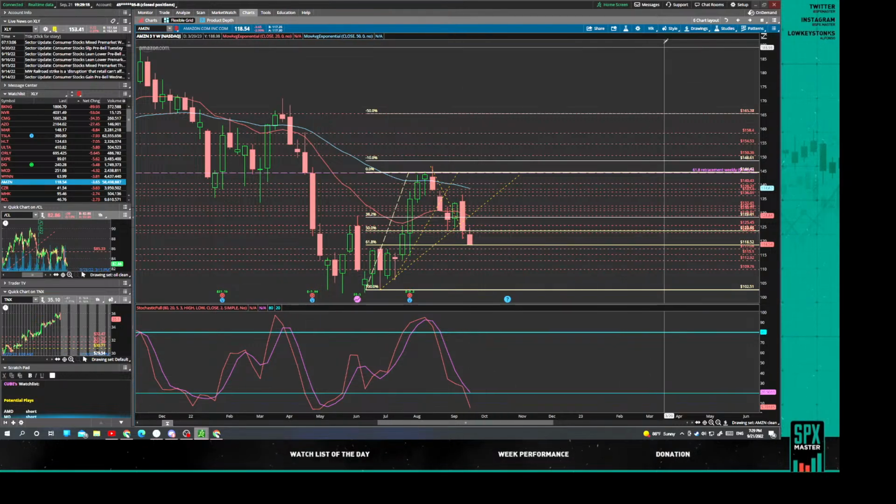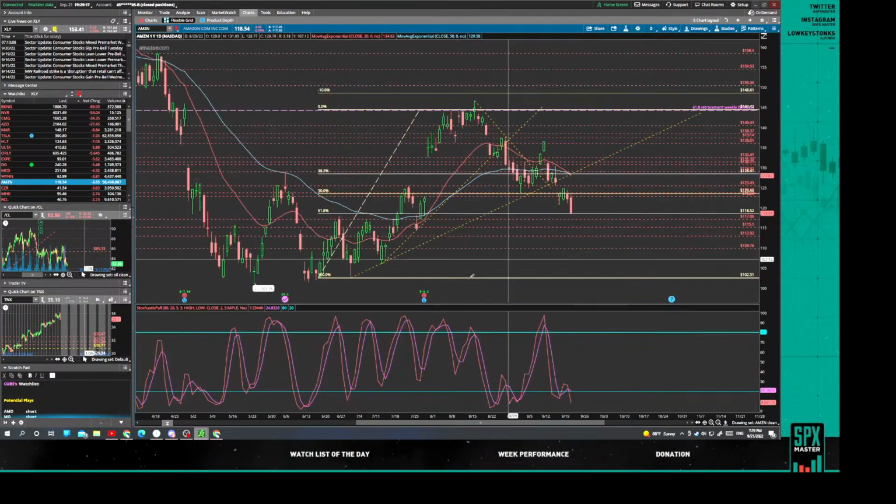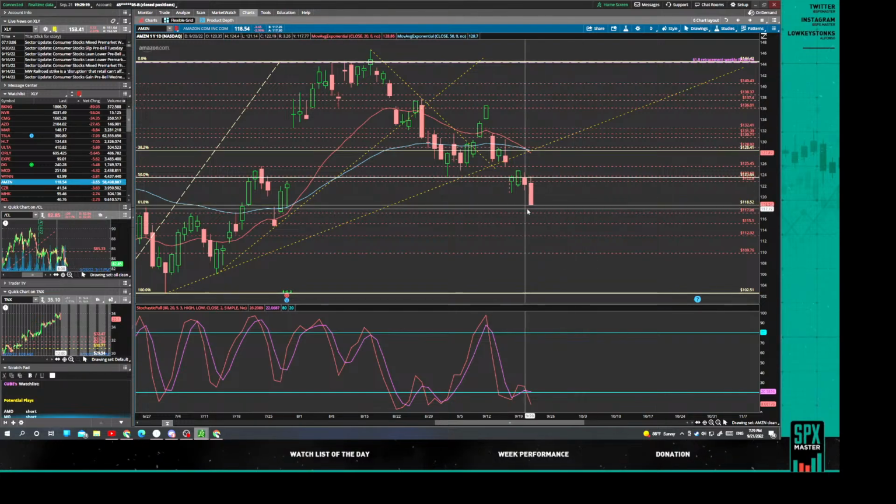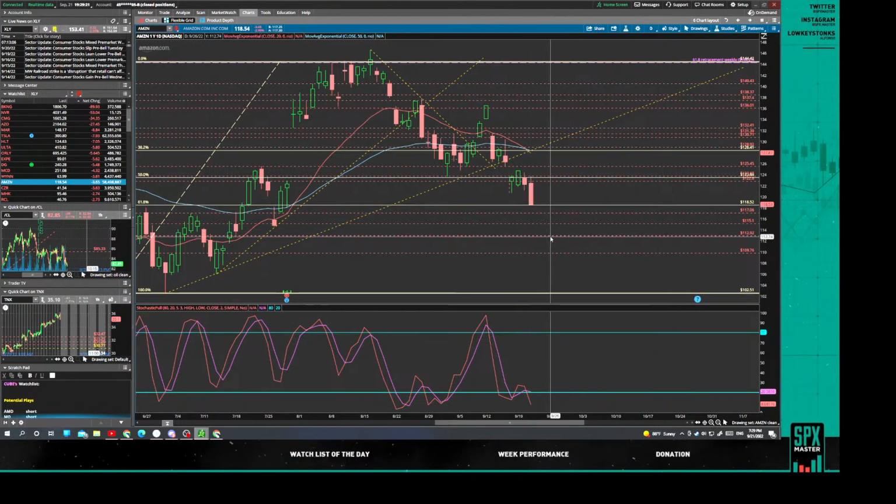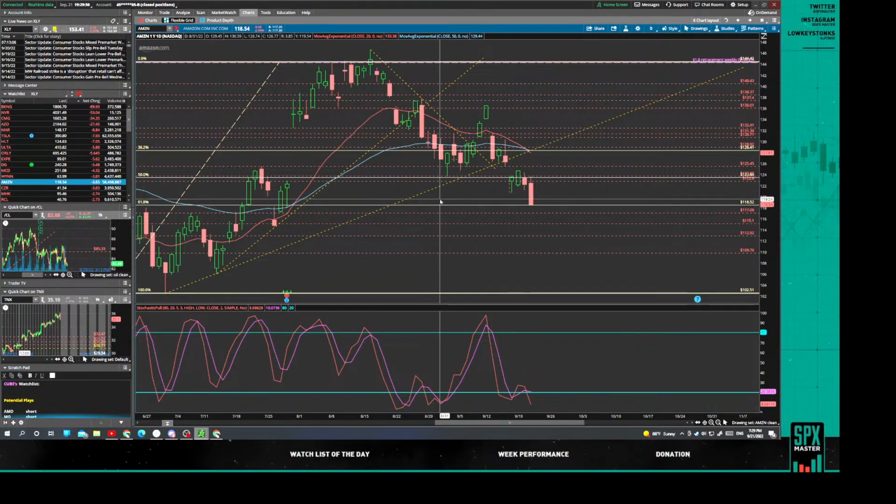All right, we can see those levels on the weekly right here, right? So if we start trading below it, I will be looking up to those levels right here. It's 117.06, 115.10, 112.92, 109.76, and ultimately 102.51. If that goes, right, I don't think everything goes in a straight line. Remember, guys.